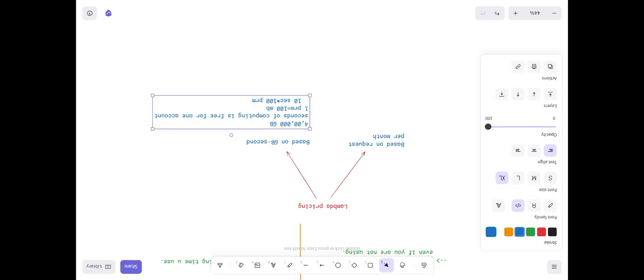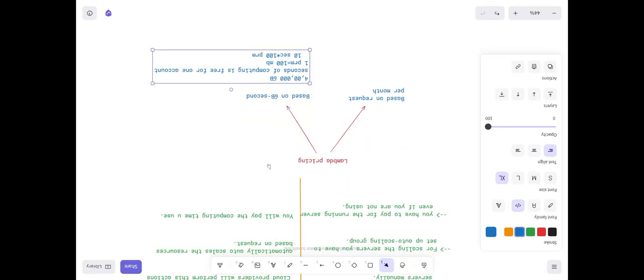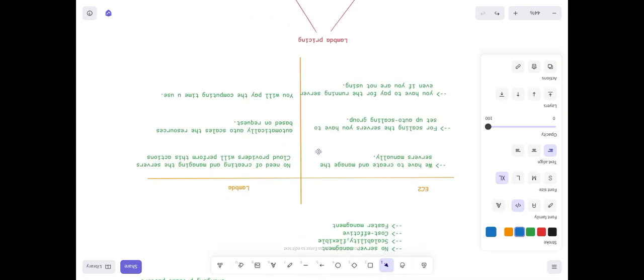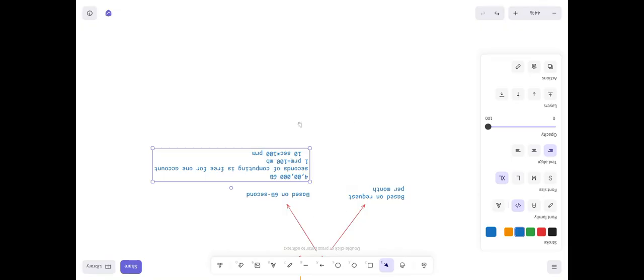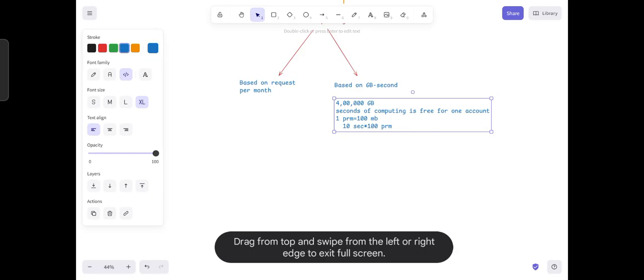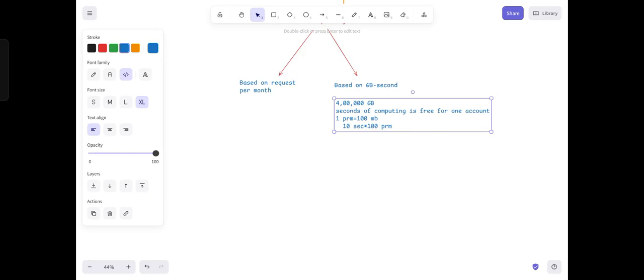So this is about Lambda pricing, the introduction of Lambda, the difference between EC2 and Lambda, and the advantages. So this is the theoretical concept of Lambda. Now we'll do hands-on: how to create a Lambda, how it is going to trigger, and how to execute those programs. And you don't worry about the programs.